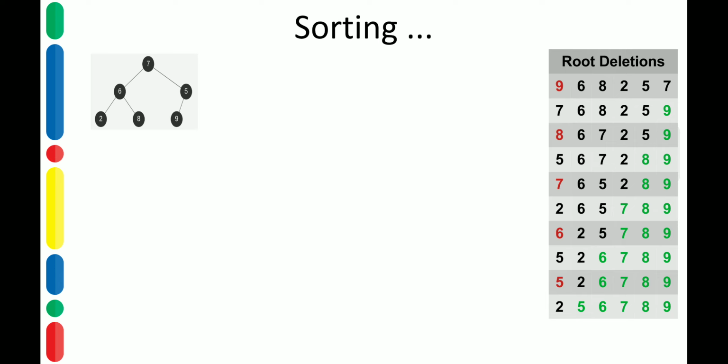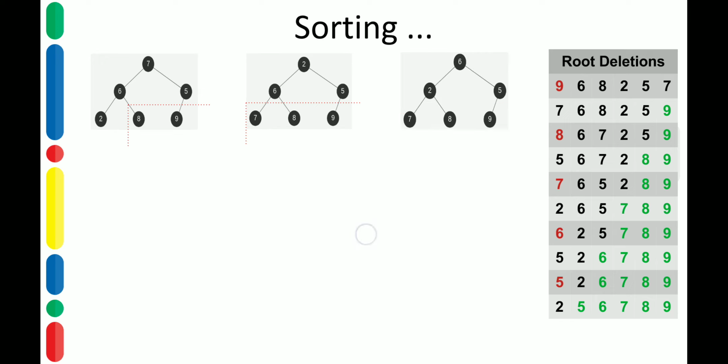Now from the heap we again perform a root deletion, which means exchanging 7 with 2. So 2 and 7 are exchanged, and you see that now the last 3 elements are sorted. In the remaining heap we have to apply the heapify. 2 is lesser than 6 and 5, so exchange with the largest child 6. It becomes 6, 2, 5 with 7, 8, 9 being sorted. The contents of the array are 6, 2, 5, 7, 8, 9.